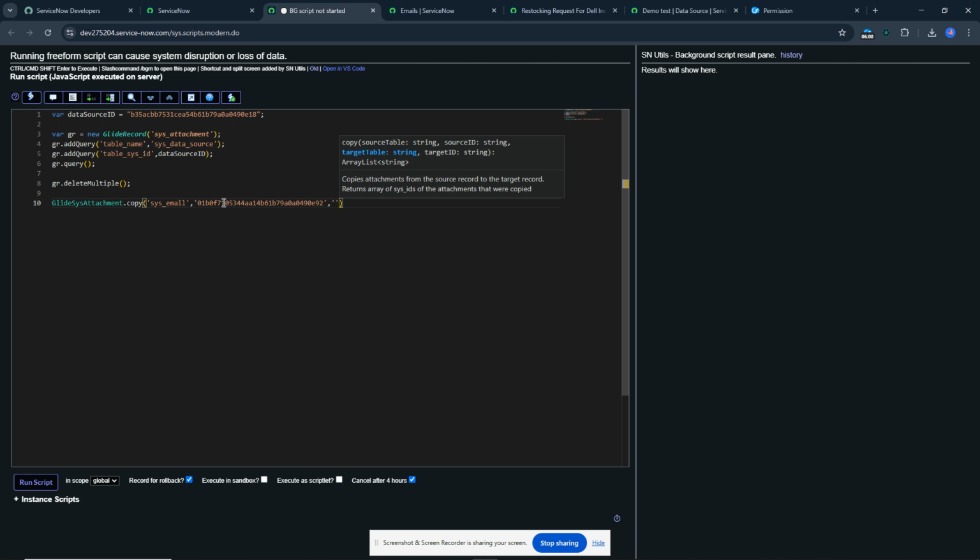And later on, again I need to declare the table name, sys_data_source, and a comma, and you need to give the sys ID of the data source. Already I have declared that in a variable, so I'll directly use this data source ID. That's it. Okay, now we can make a test run. But before